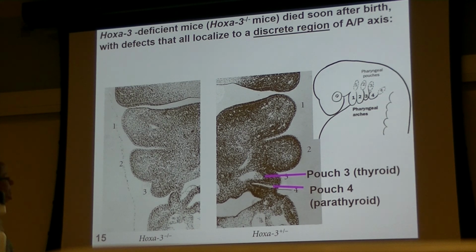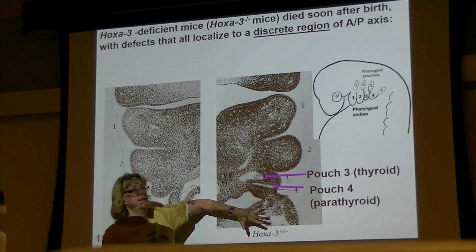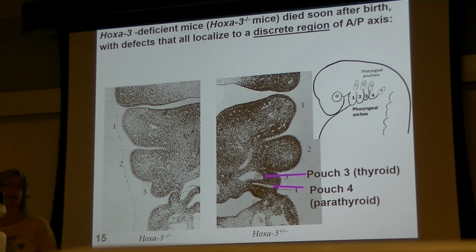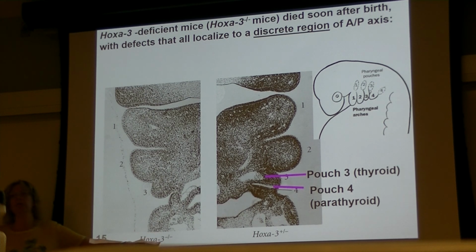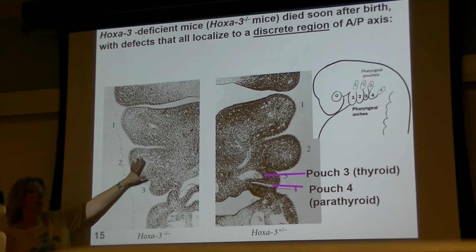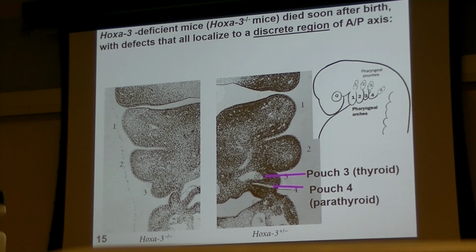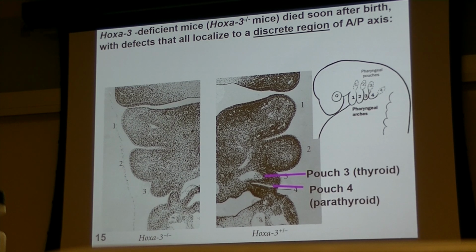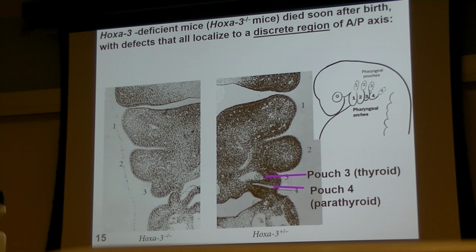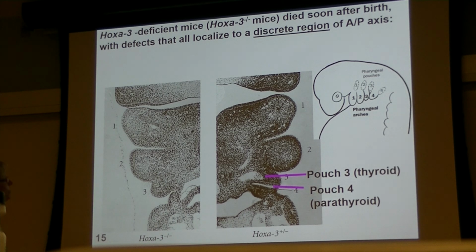So, Hox A3 happens to be expressed in about this region of the embryo where these pharyngeal arches and pouches are developing. And if you go in and look at the consequences of the homozygous mutation in Hox A3, the structures in this area are the ones that are affected. And that basically makes total sense, because you would expect the region where it's expressed would be the region that might be altered or damaged if the gene is missing. But, so pouch 3